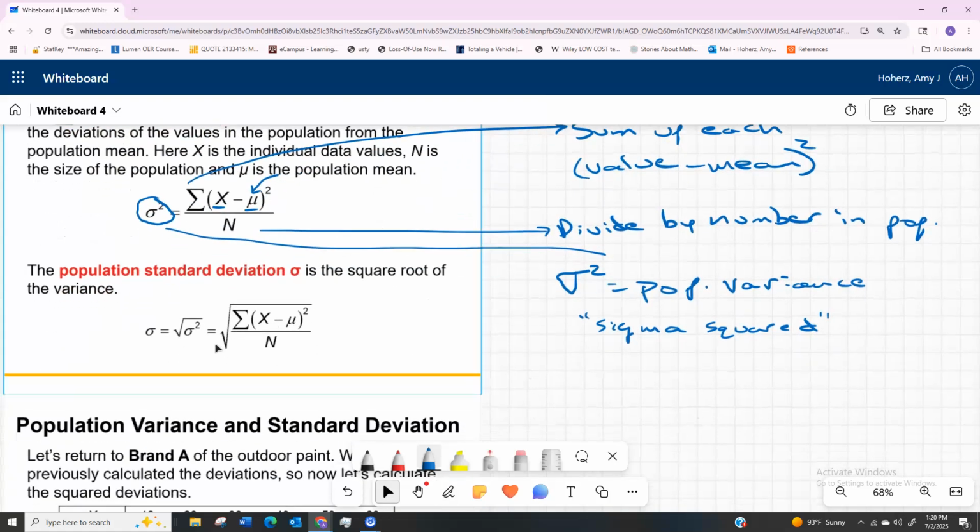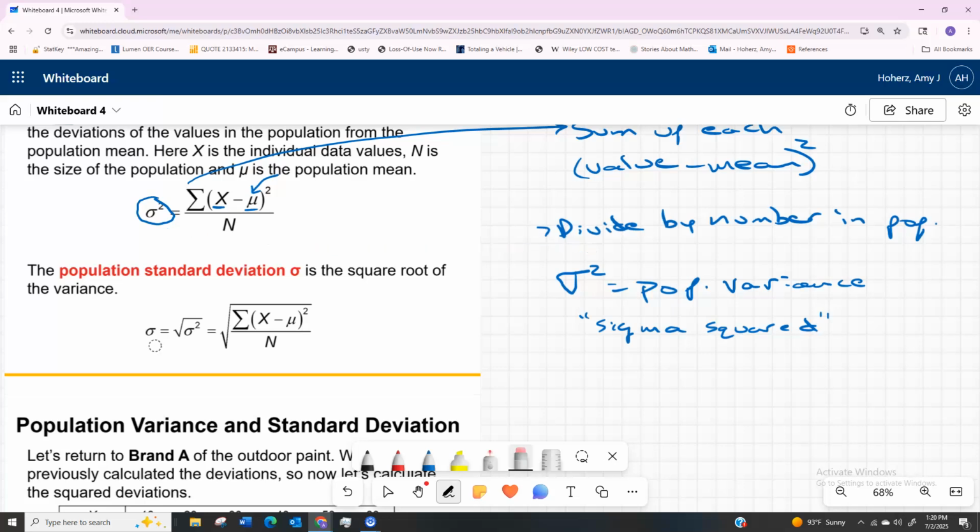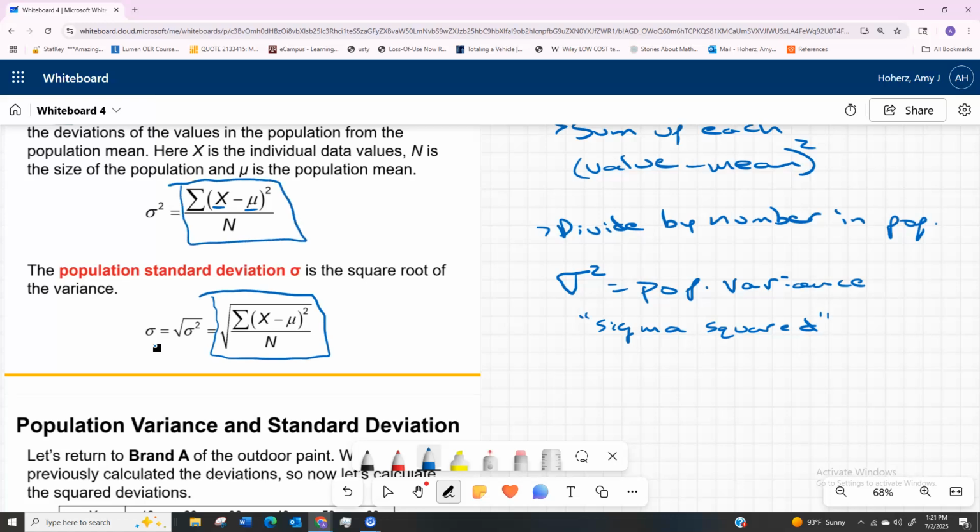Now, the next formula, let me get rid of some of this messy stuff here. I'll just get rid of these arrows. Okay, so when we get to this next formula, you can see that it looks exactly like this formula, except it has a square root bar over it. So what does that mean? That means that we do this lengthy calculation to get the sigma squared, but to get the population standard deviation, which is just the sigma,